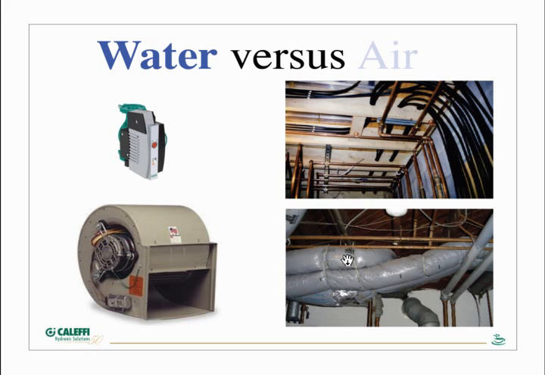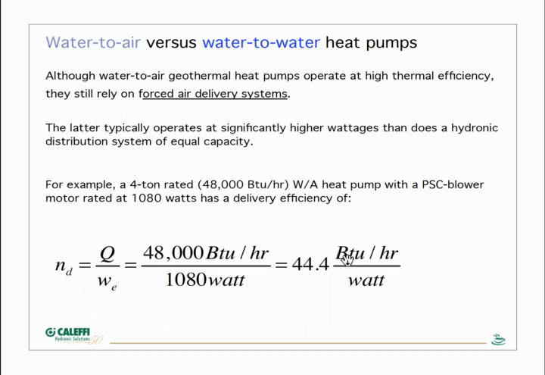The advantages of hydronics are independent of the heat source. Water is a tremendously more effective material to move heat around a building compared to air, and that certainly holds true with heat pumps. Now, just to show you that, I did a little comparison. I like to use an index called distribution efficiency. And what it is simply is the rate of heat delivery divided by the input wattage required to operate the delivery system, not the heat source, but the pumps